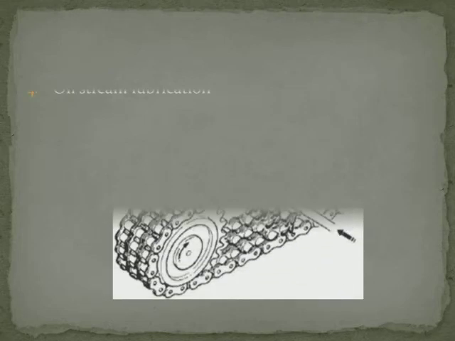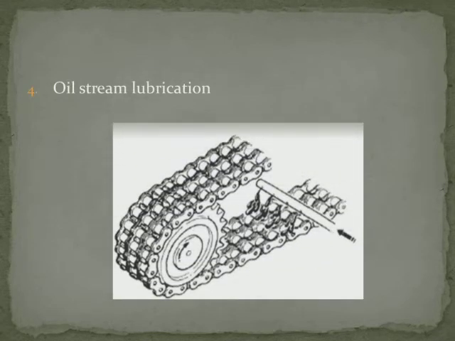The last method is oil stream lubrication or type 4. A continuous supply of oil from a circulating pump or central lubricating system is directed onto the chain. It is important to ensure that the spray pipe holes are in line with chain plate edges. The spray pipe should be positioned so that the oil is delivered onto the chain just before it engages with the driver wheel. This ensures that the lubricant is centrifuged through the chain and assists in cushioning roller impact on